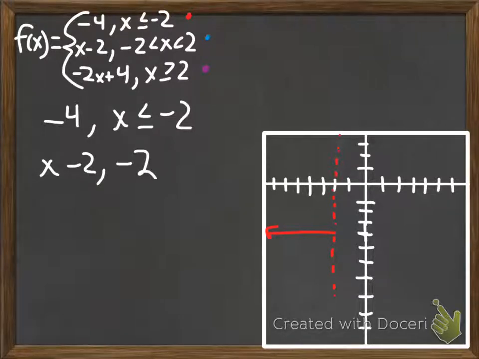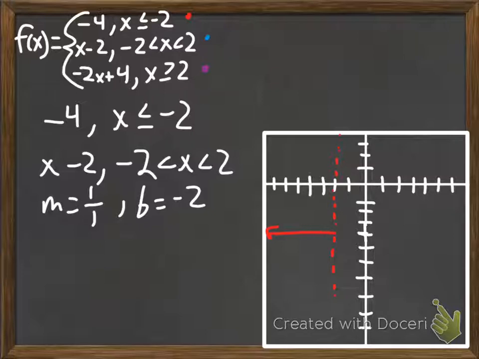So now we're going to do the x minus 2. And that only exists when x is between negative 2 and 2. So our slope is 1 over 1. Our y-intercept is negative 2. So we're going to go down to negative 2. Put our dot. Then we're going to go up 1 over 1, up 1 over 1. And I'm going to stop right there